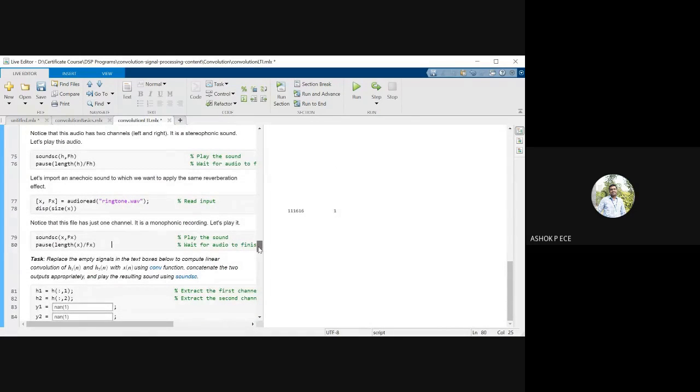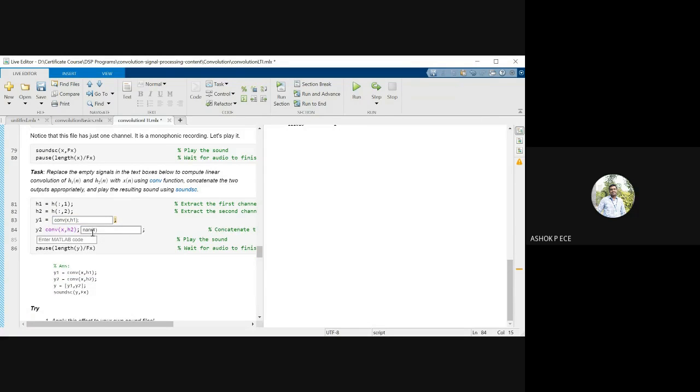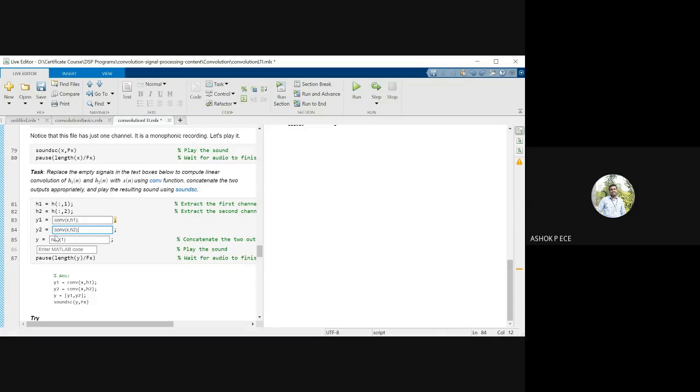Okay. This sound has two channels. I am going to extract H1 and H2. H1 is the first channel, H2 is the second channel. So now I'm going to convolve and see. Whenever you have the input, you will be convolving with the impulse response to get the output, right? So I compute y1 and y2, and I give y is equal to y1, y2, and I give the sound source code. When I run this code,